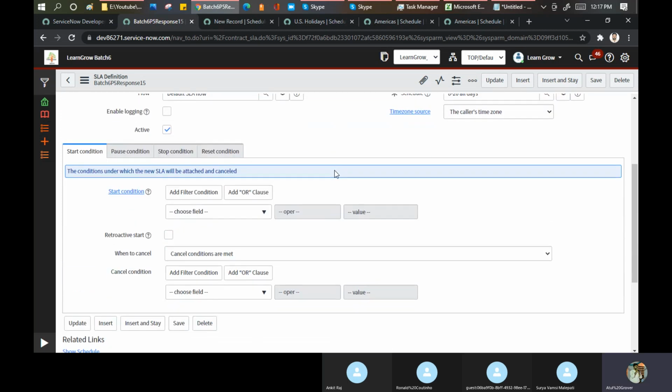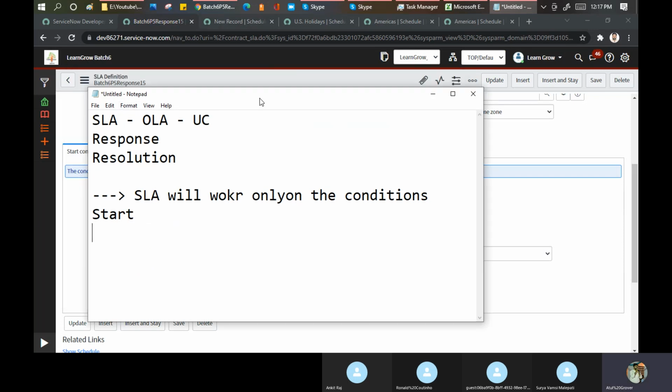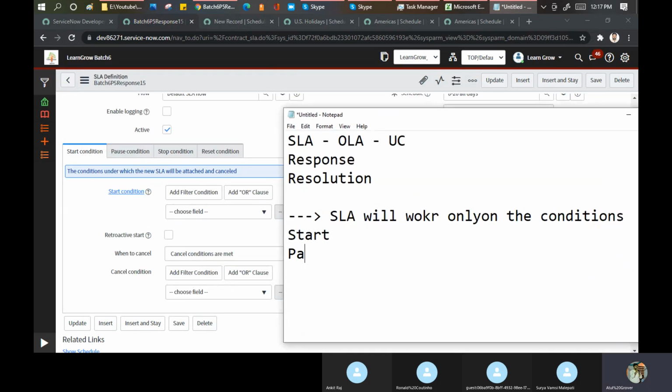Now I'll go here. Now in SLA, always remember four points. Let's go here. I'll put it on the notepad so that I can easily tell you. Start, pause, stop, and reset. Start means when my SLA will start.